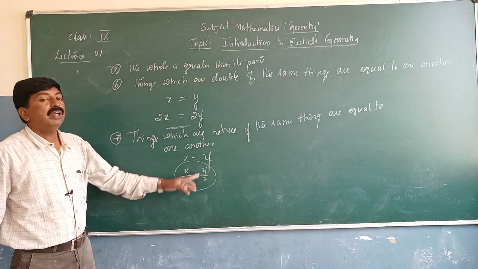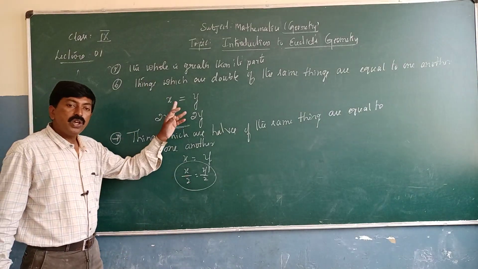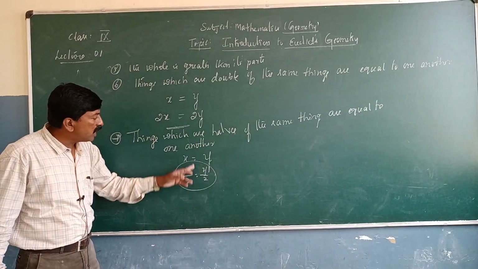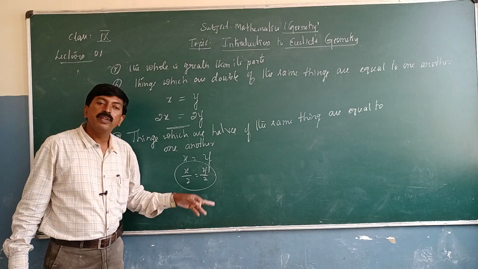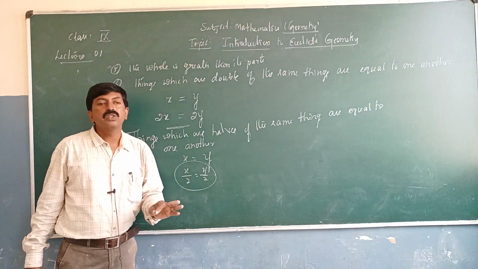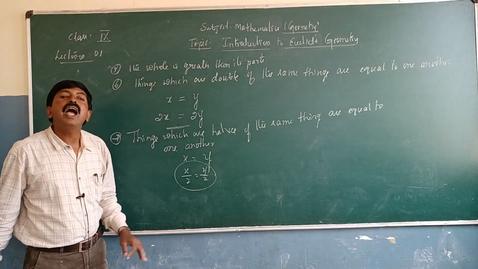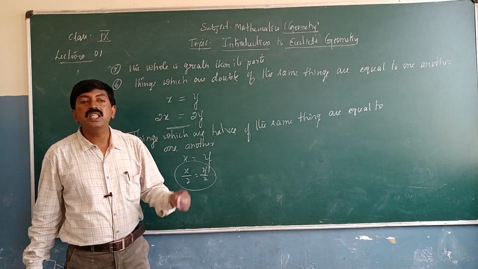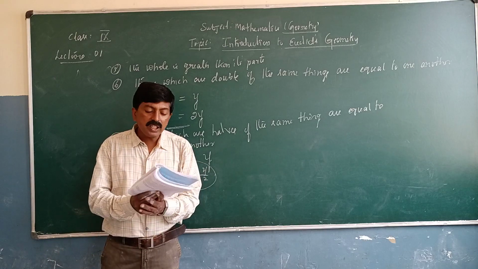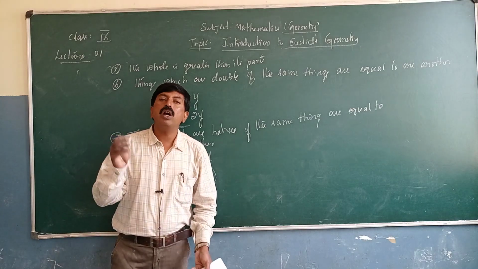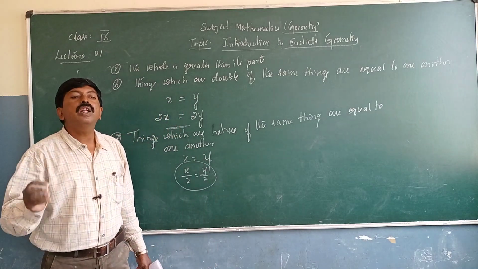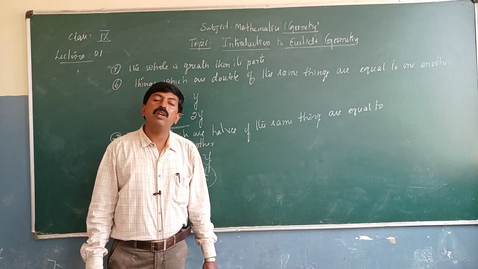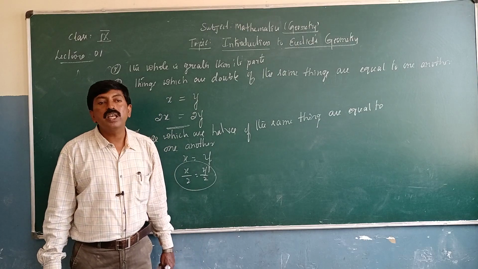These are all mathematical statements which are accepted with proof and discussion. That's why I did all these examples with proof and discussions. So that's why these are called axioms. Nearly 7 axioms we discussed here. What are these? Recall one by one. Things which are equal to the same thing are equal to one another.